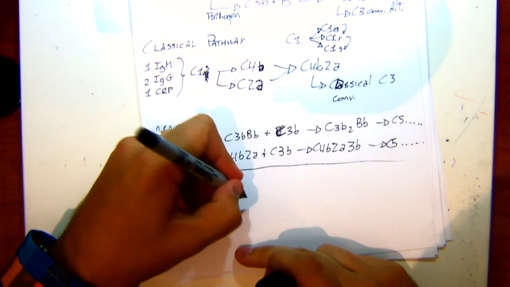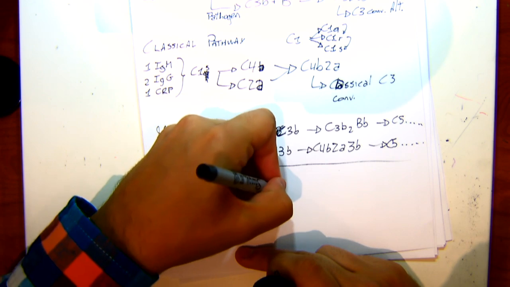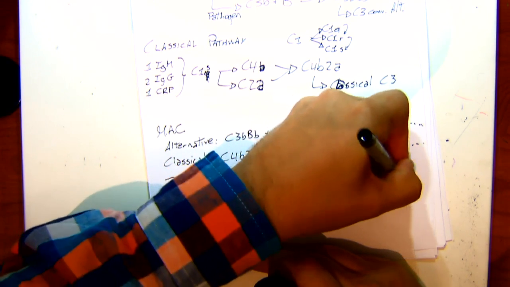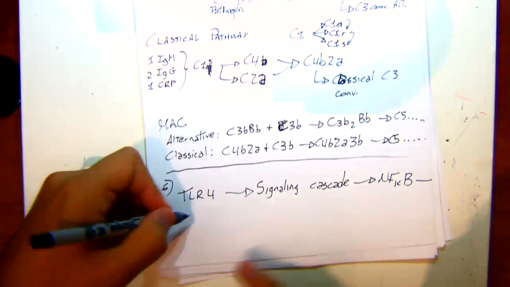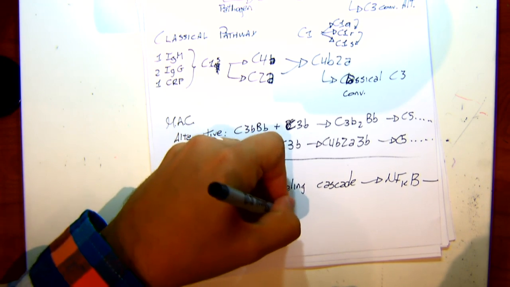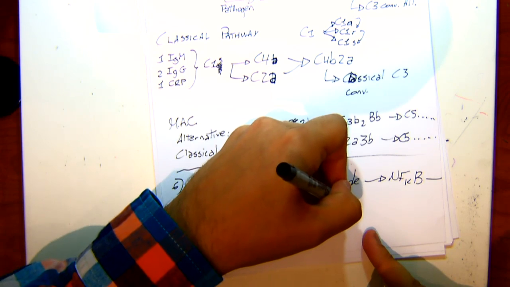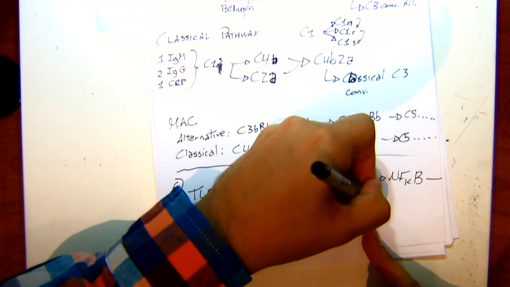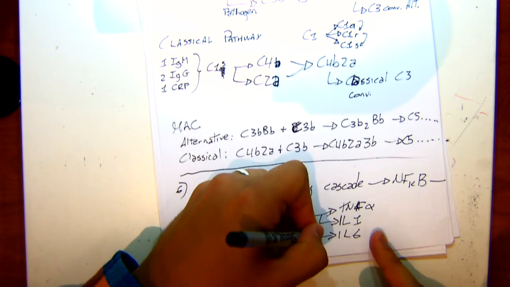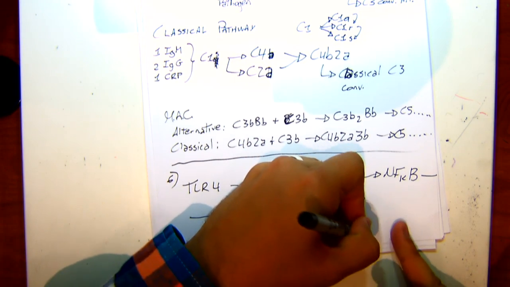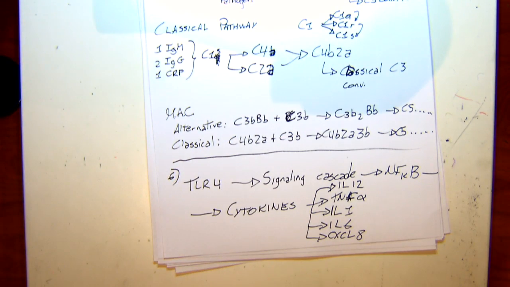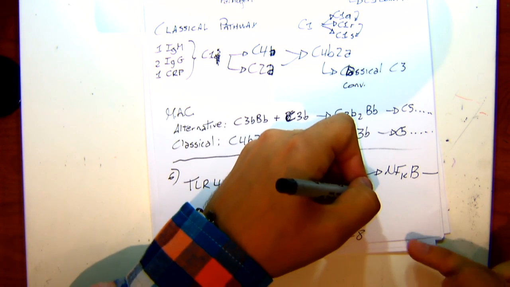So TLR4 will activate the signaling cascade, which will turn on NF-kappa B and will release cytokines, which are TNF alpha, IL-1, IL-6, CXCL8, and IL-12, right? These first three,